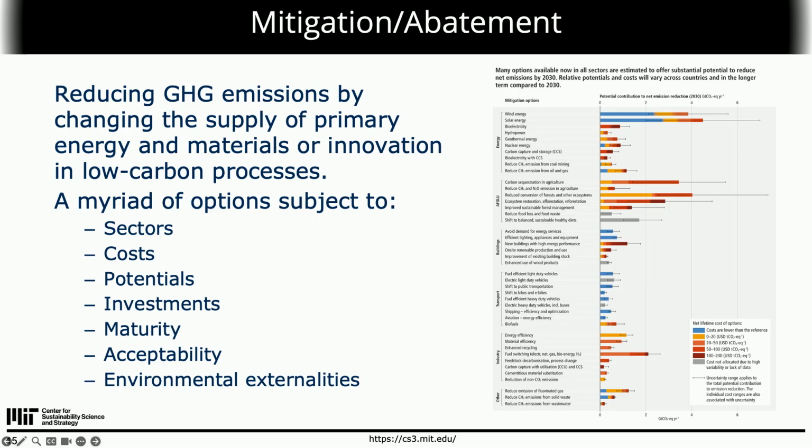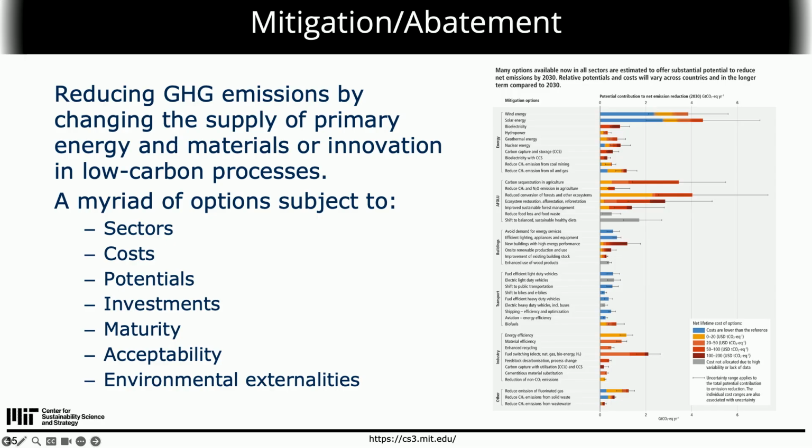So costs and potentials are crucial to our mitigation strategy. They are also very sensitive to investments. If you have to invest a lot of capital in some strategy, it is different from just having a less capital-intensive